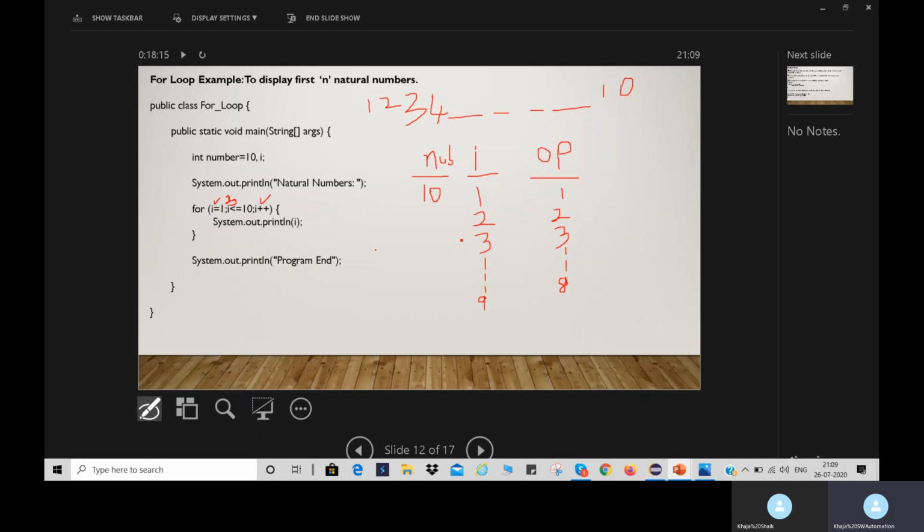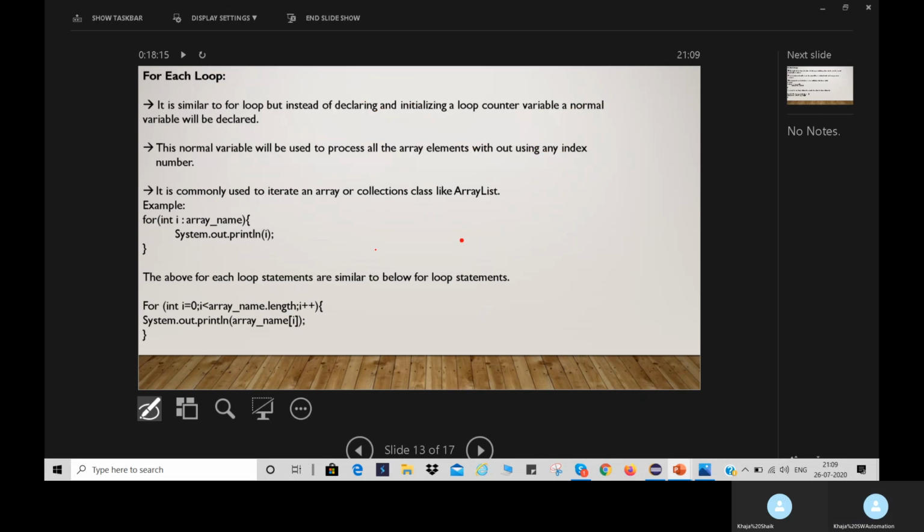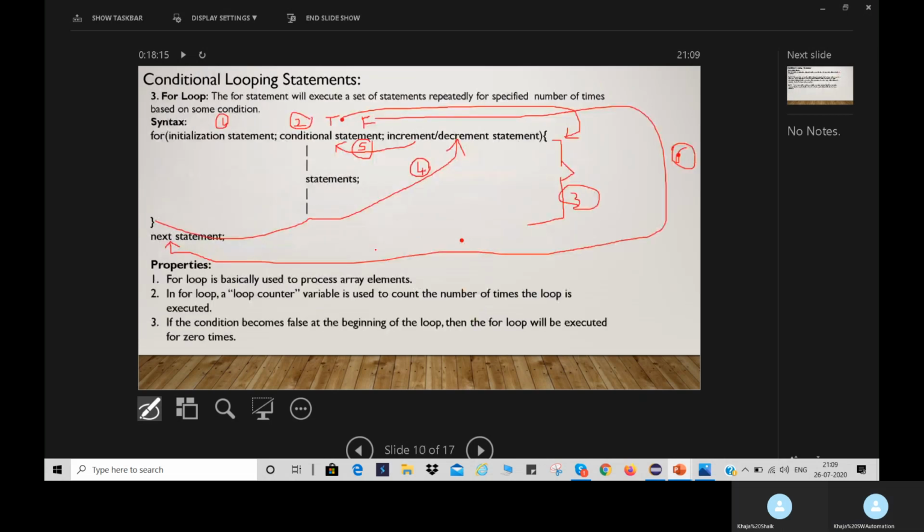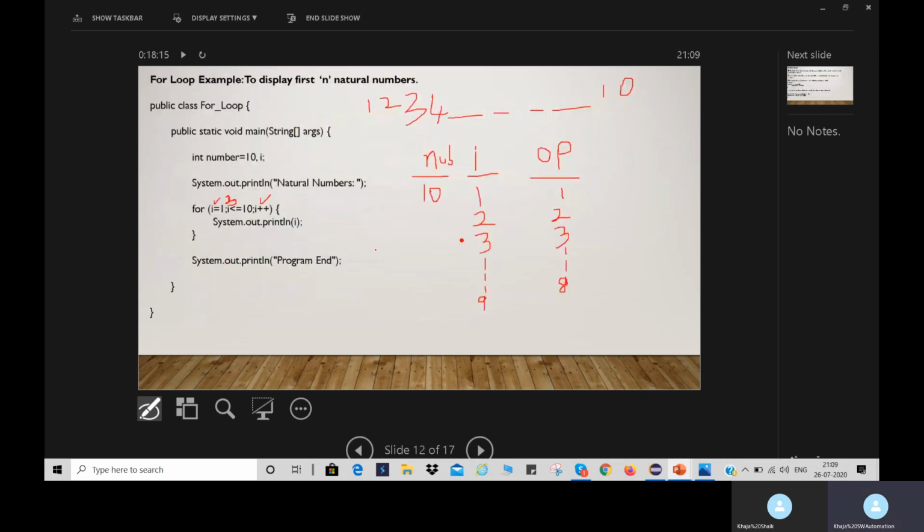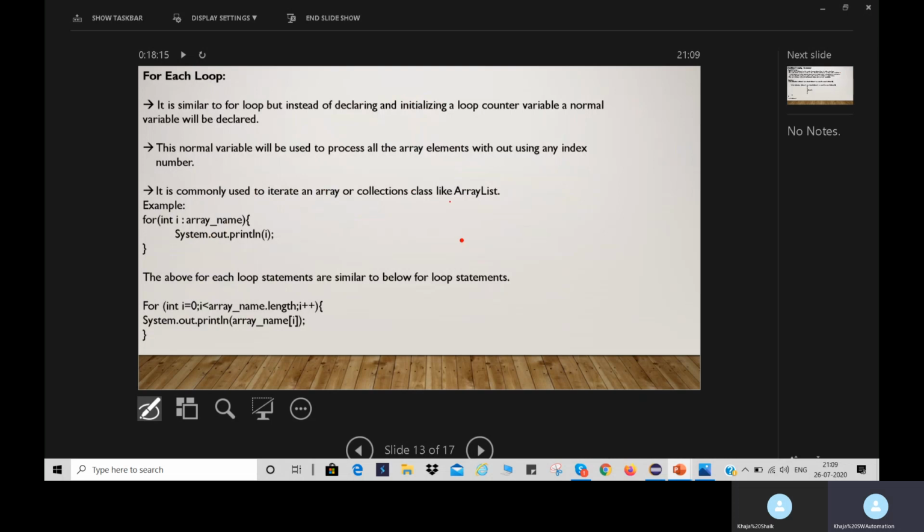Okay. Now let's go to another concept. So here we have one more type of for loop, that is the for each loop.